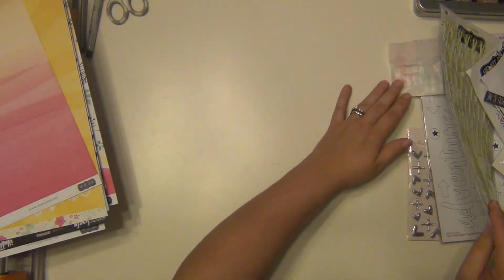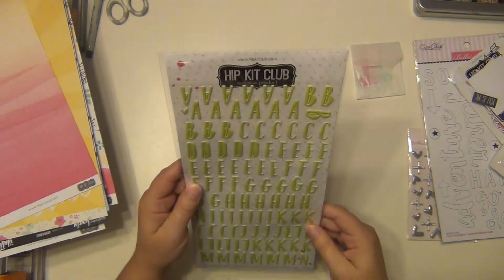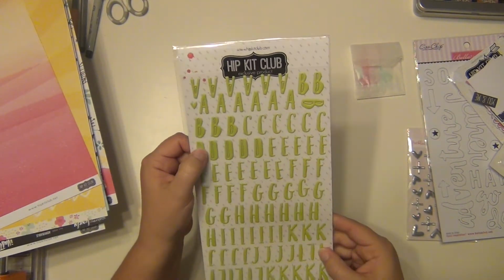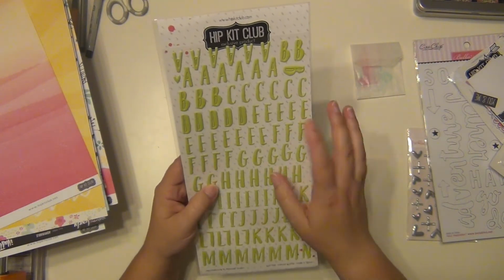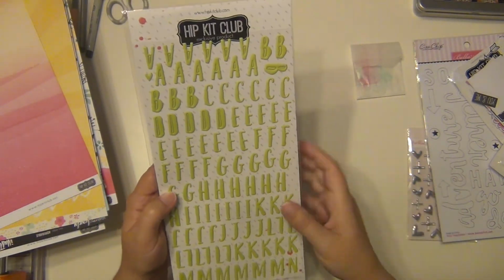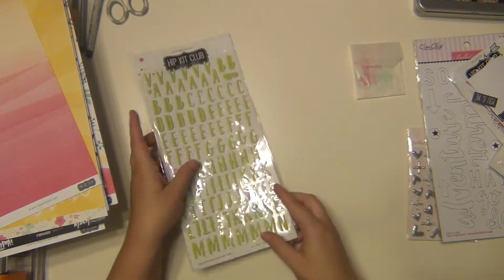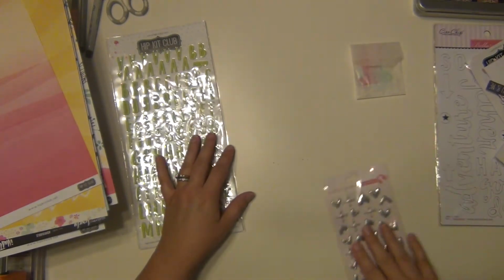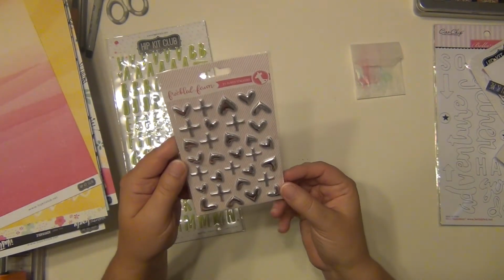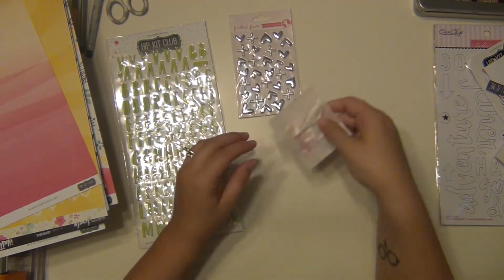And alphabets, there is one from Hip Kit here. I really like this alphabet. It's not an epoxy, but it's kind of almost an enamel type. I don't know, almost like rubber, I guess you could say. But this is the alphabet that came in it, and I like the font. This is from Freckled Fawn. It's got hearts and plus signs on it, which is fine. I have two